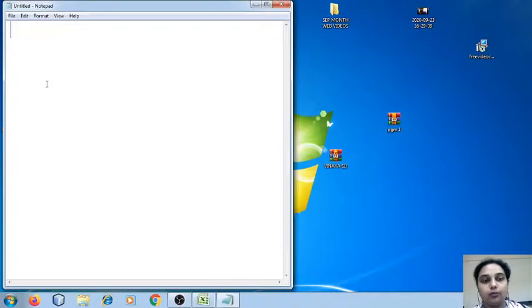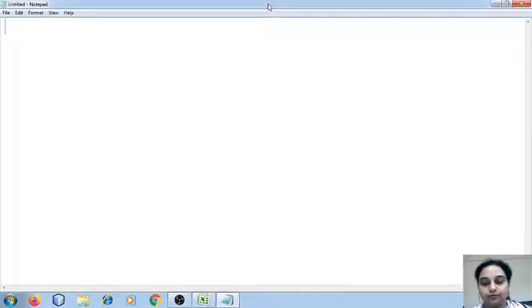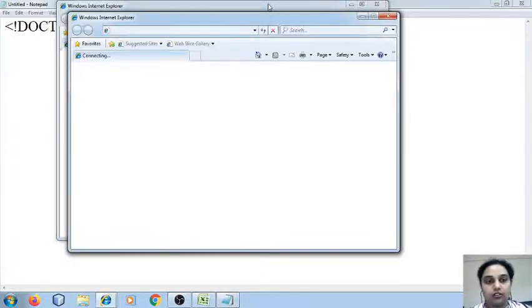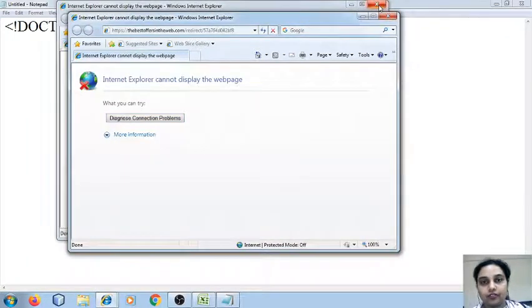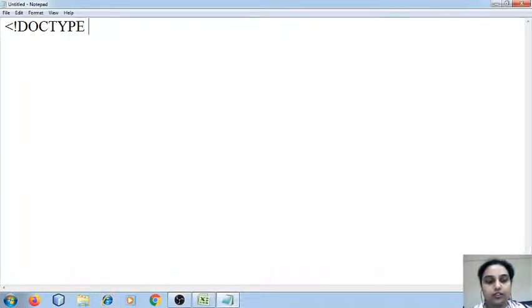We're going to start with Notepad. Specify the document type as HTML. Then start with the root element, HTML, head.